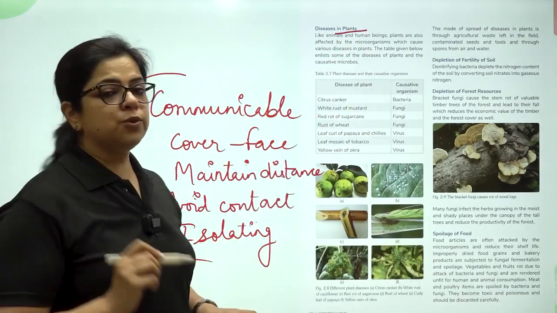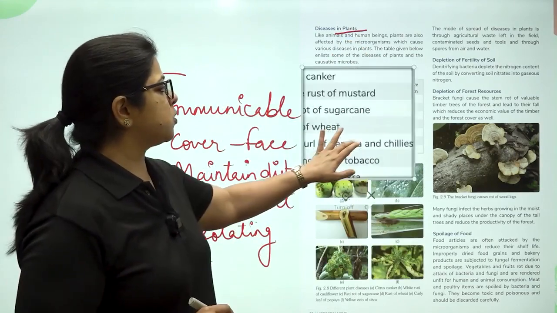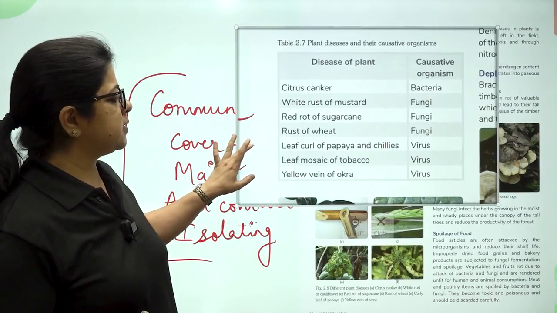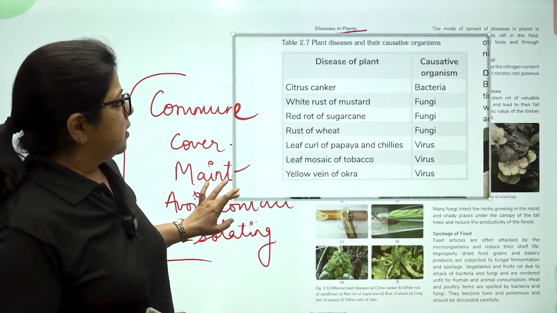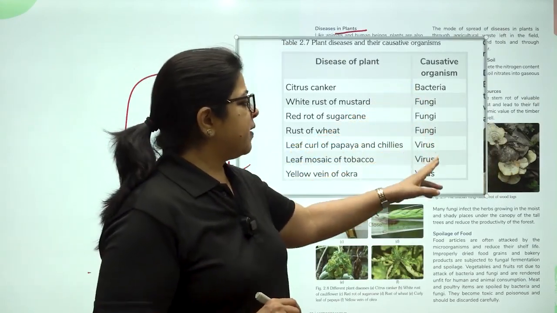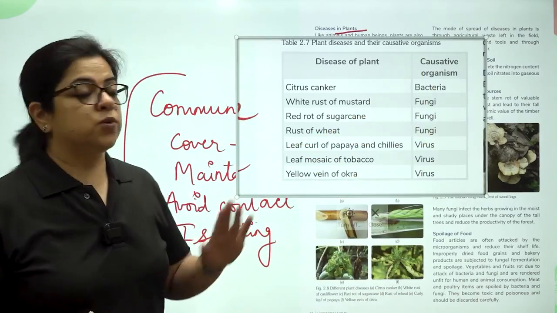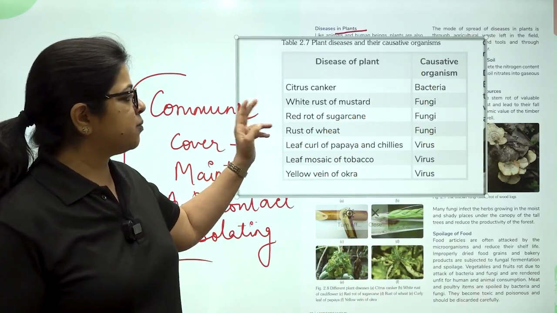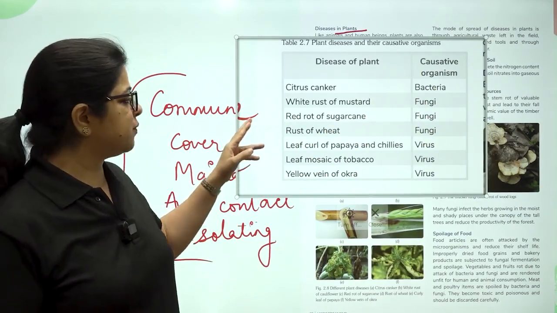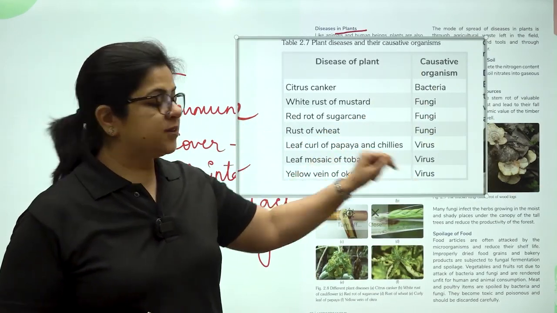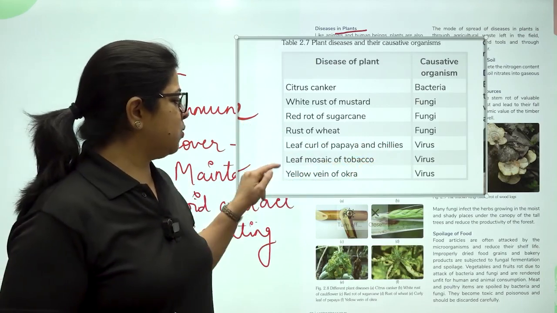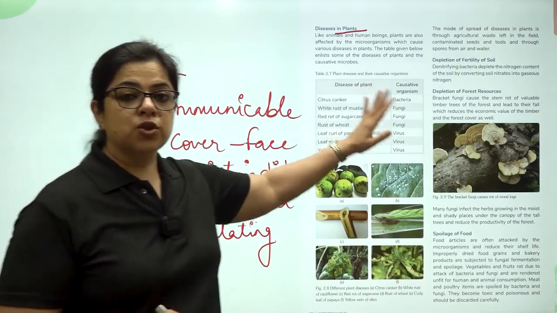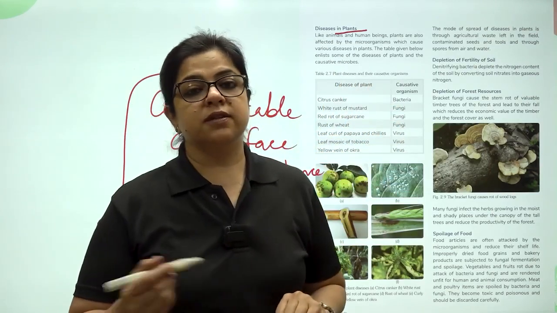So, in plants also, many microorganisms are responsible for many kinds of diseases. As we can see here in this table, bacteria, fungi, virus, all three are responsible for causing these different types of diseases like the citrus canker, white rust of mustard, red rot of sugarcane, rust of wheat, leaf curl of papaya and chilies, leaf mosaic of tobacco, and yellow vein of okra. So, in order to stop the spread of diseases, we learnt in the first chapter that